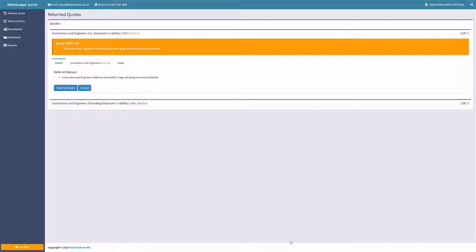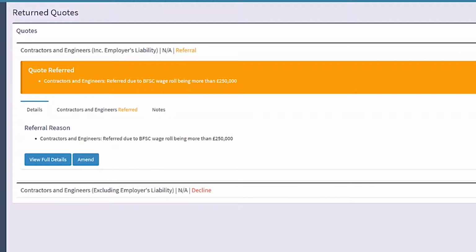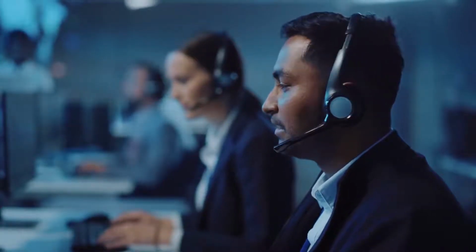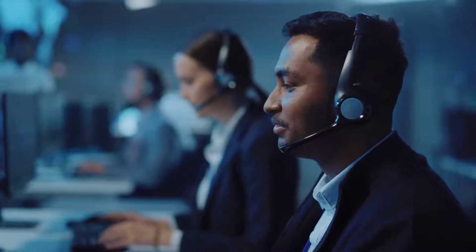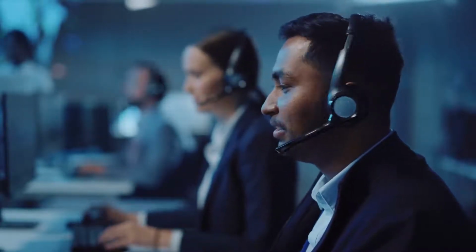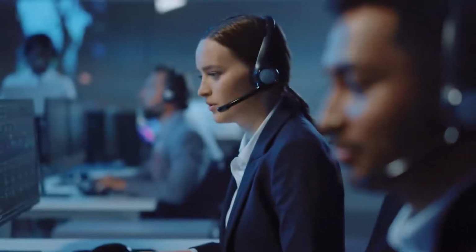For non-standard cases, the insurance underwriter has to make a decision on if the case can go ahead, and if it is accepted, will it be on standard terms or not. So cases that are outside the norm will be identified by Bluescape and automatically referred to the insurance underwriter. The reason for the referral is client-specific, and the system can be set up to refer individual applications with specific risk indicators or can refer every case for a specific business line if the client prefers.